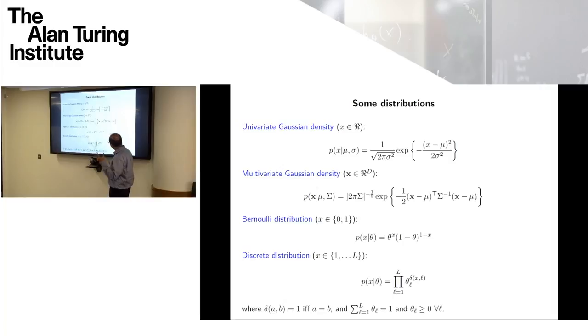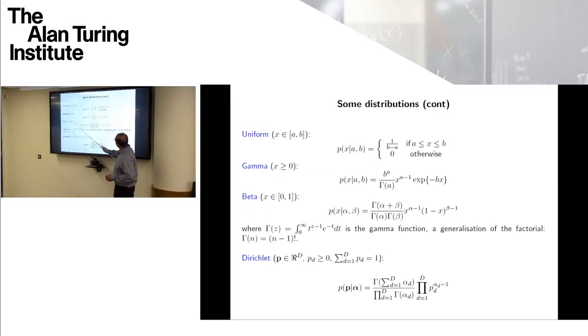The Bernoulli distribution for binary random variables, which tells you that the probability of the binary variable being 1 is theta, and the probability of it being 0 is 1 minus theta. A generalization to discrete variables, known as a discrete categorical distribution, which can be written like this, if you have L discrete class labels, for example,